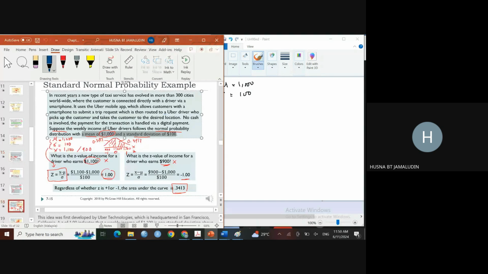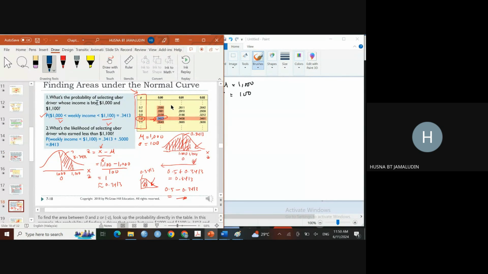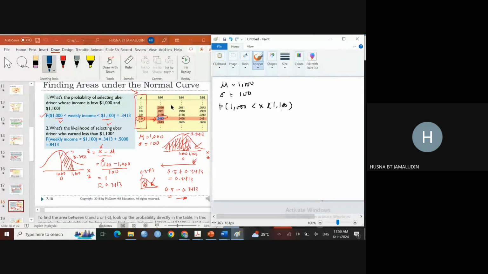These are the information. So what is the question? What is the probability of selecting an Uber driver whose income is between 1000 and 1100? So you want to know the probability of the Uber driver receiving between 1000, so this is your X actually, to 1100. In probability, the first thing that you have to do when you read the question is list down all the information. Second, you have to draw the diagram as big as possible